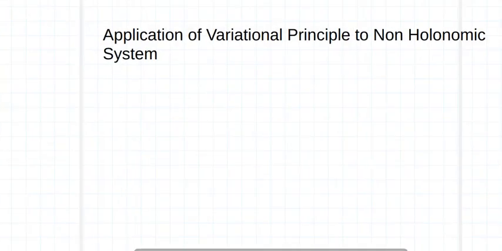So, in that lecture, I talk about application of variation principle to non-conservative system. Now, I will use variation principle to find out the Lagrangian equation of motion for the non-holonomic system. So, it's because of the variational principle. So, till now, we have